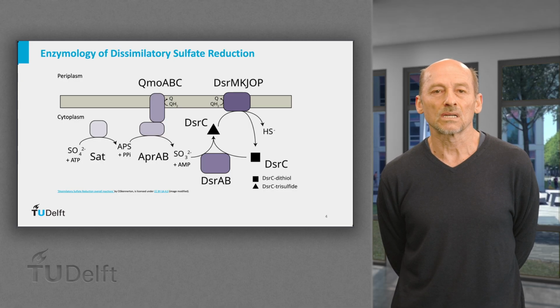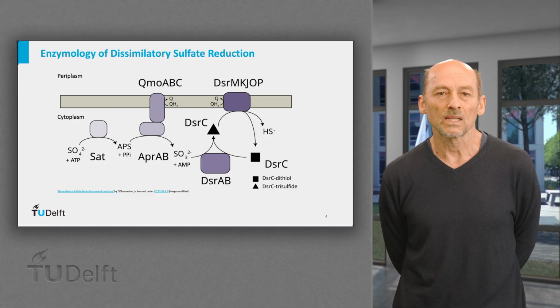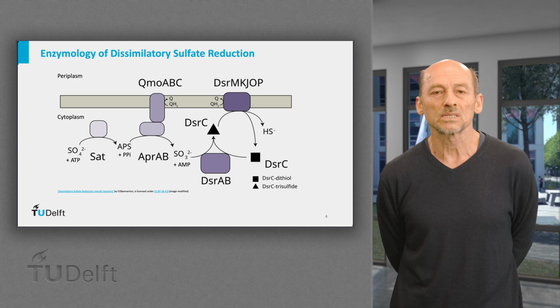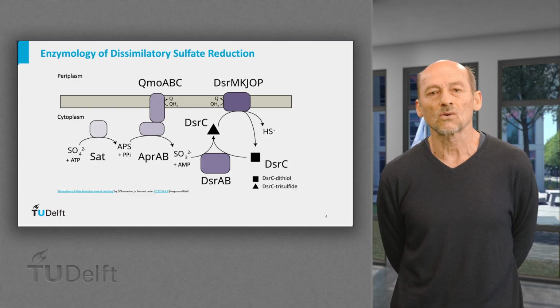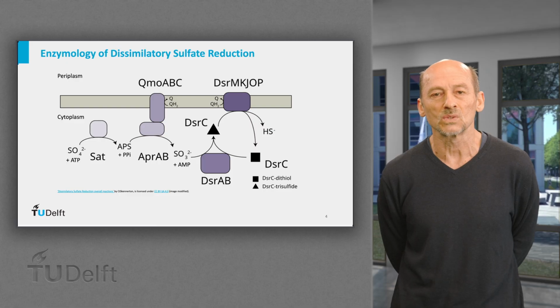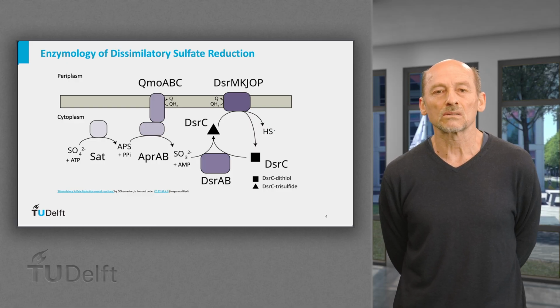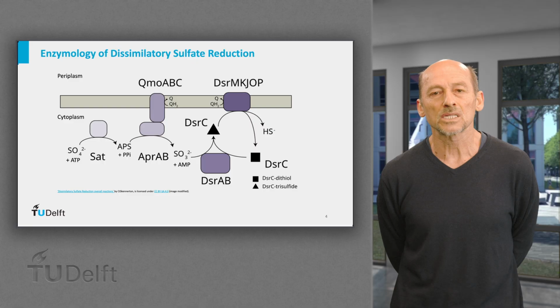The second step is reduction of sulfite to the final product sulfide by 6-electron reduction. It is a complex cascade with a multi-protein complex called DSR, dissimilatory sulfite reductase. The sulfate-reducing enzymes are located in the cytoplasm, but they are interacting with the membrane complexes, which are transferring electrons from the membrane menaquinol pool. This combination results in outward proton translocation, and the created delta pH is used to produce ATP by the membrane